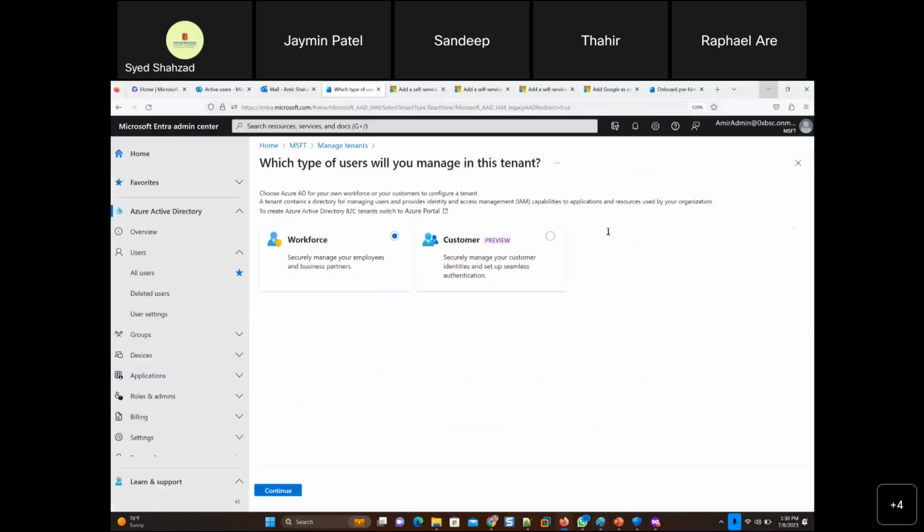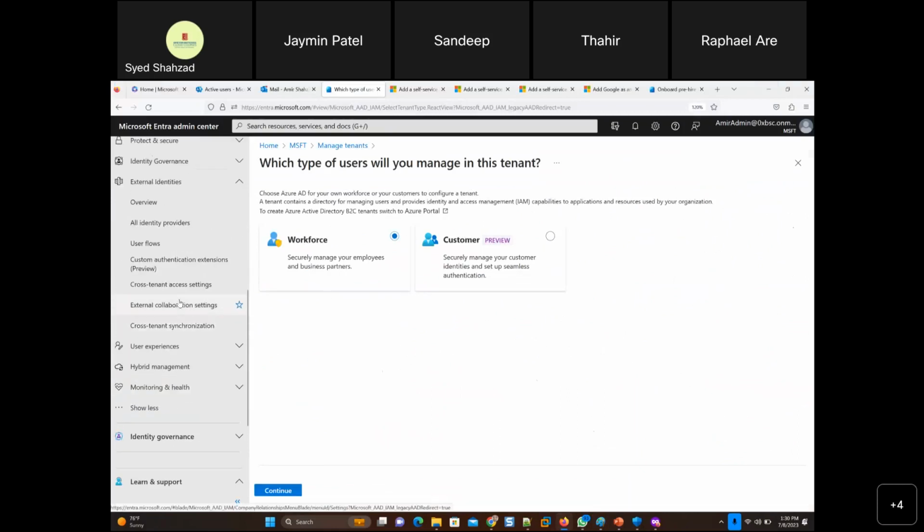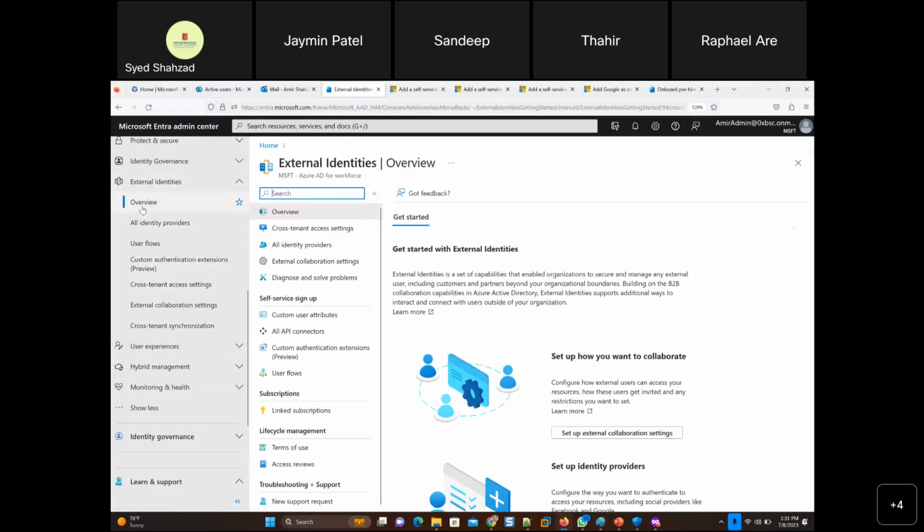Okay, so here, which type of users will you manage in this? I was just talking about that. Different types of connectivity from external identities are all about somebody from outside wanting to connect. Either you send an invitation to those guys one by one, or you connect the whole organization to you with SSO. There are so many other ways you can design the connectivity. It's a pretty big topic, but go for at least Google connectivity to your Microsoft 365.